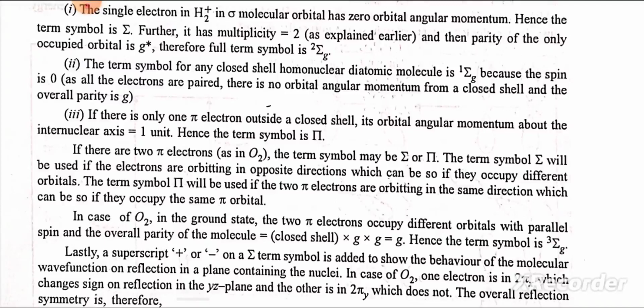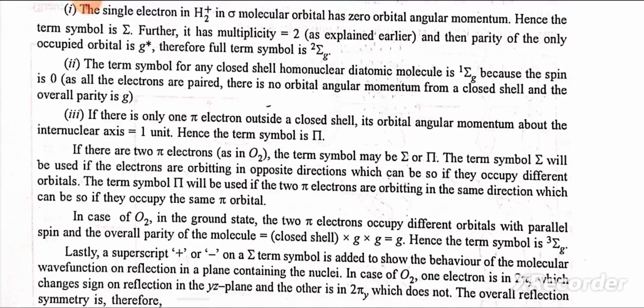The term symbol sigma will be used if the electrons are orbiting in opposite direction, which can be so if they occupy different orbitals. The term symbol delta will be used if the two pi electrons are orbiting in the same direction, which can be so if they occupy the same pi orbital. In case of oxygen, in the ground state, the two pi electrons occupy different orbitals with parallel spin, and the overall parity of the molecule is equal to closed shell into g is equal to g, and the term symbol